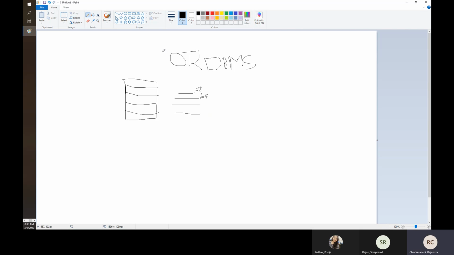To run this SQL Server application, we need a platform. It's platform dependent. Of course, it runs on Windows and also Linux. From the 2017 version, they released it on Linux. But mostly we'll run this on Microsoft Windows. SQL is the language. We call that SQL. That's the language you use